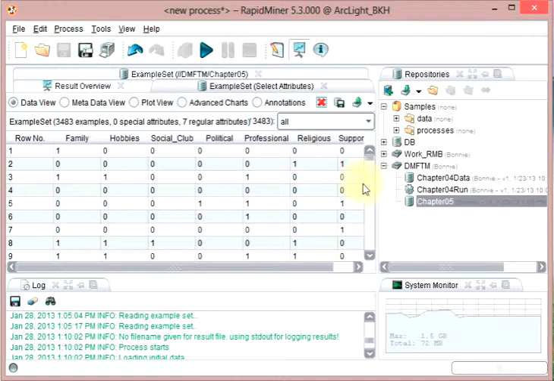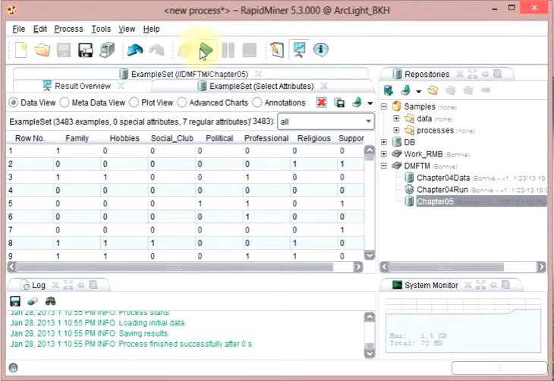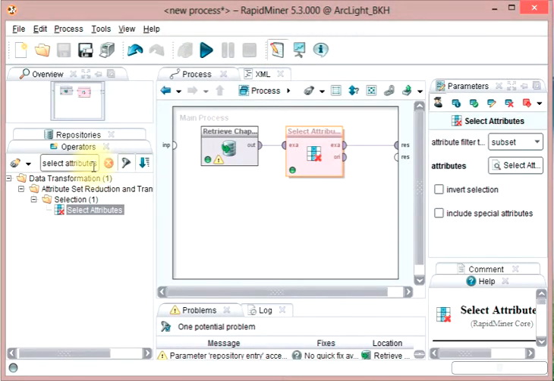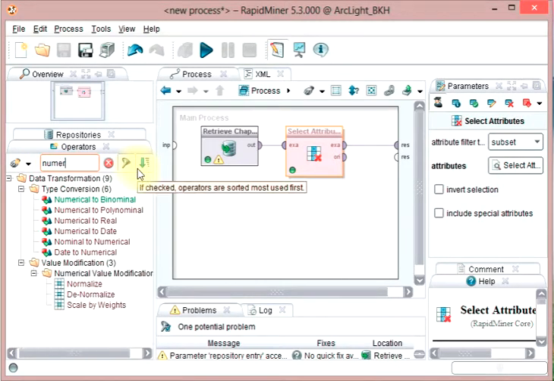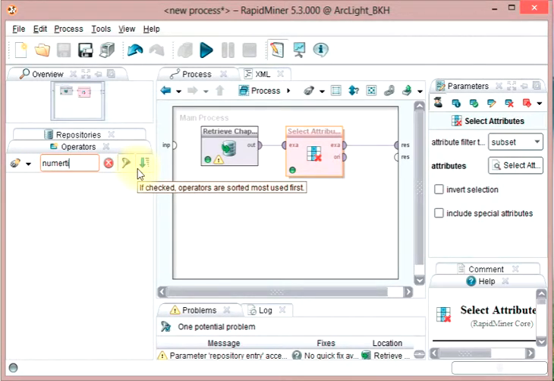Now we're going to use the frequency pattern FP growth operator, but I happen to know that we can't use that on numeric values. We need to transform this. So that's the next thing we're going to do. So going back to our design perspective, we need to select an operator that will change it from numeric. And we're going to change it from numeric